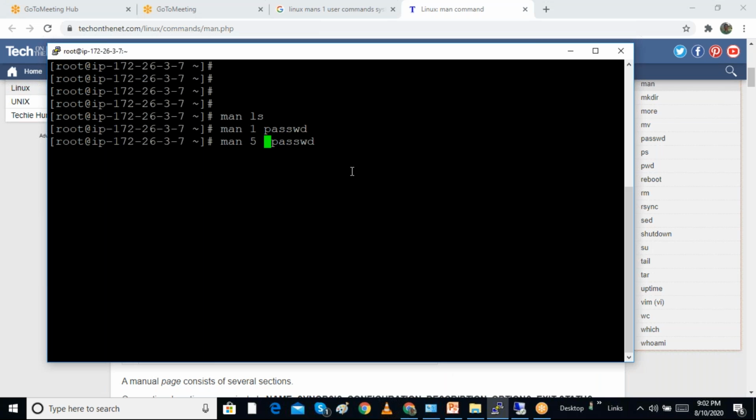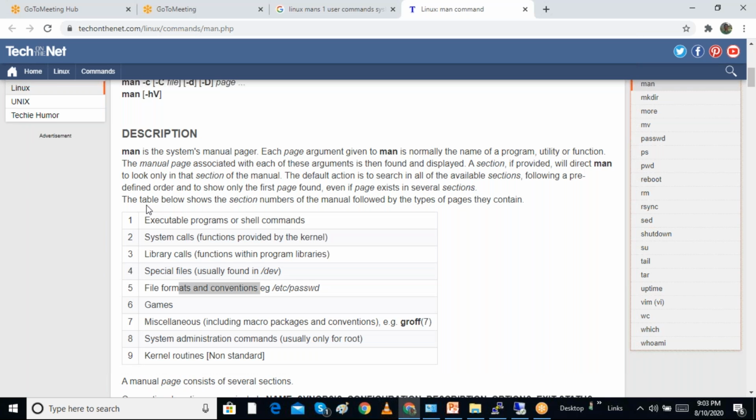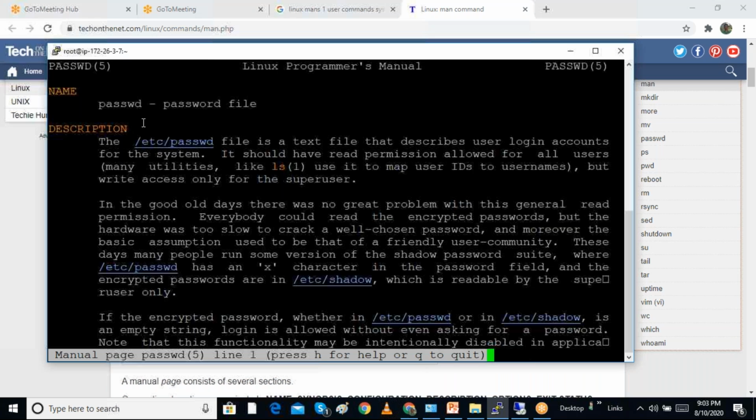For example, when we change the password, it is changed in a configuration file. So it will show the password file details. We can see that the first is for the commands, and this is for the files, /etc/passwd and all it will be showing.